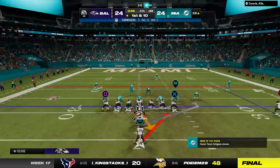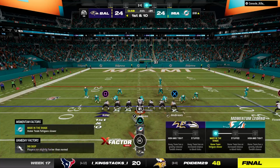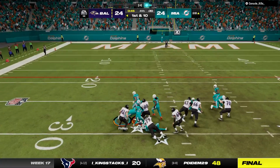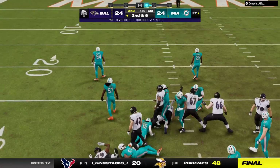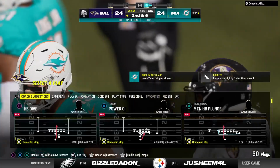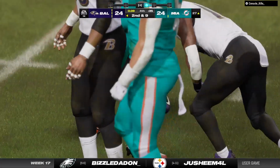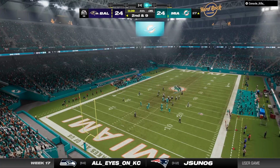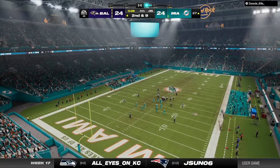This is 1st and 10. They run over center with Mitchell. And he'll get this one down to about the 27. All right, my man, this is now where it's risk-reward. Because on defense, you've got to crowd the line of scrimmage. You've got to get in all the gaps, get up tight on everyone, and try and force the field goal